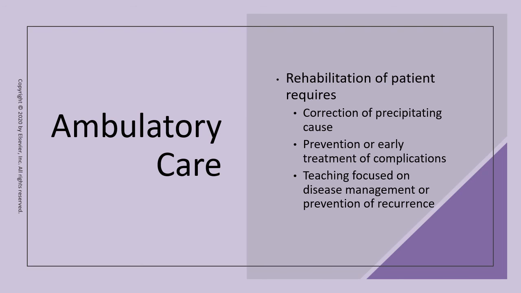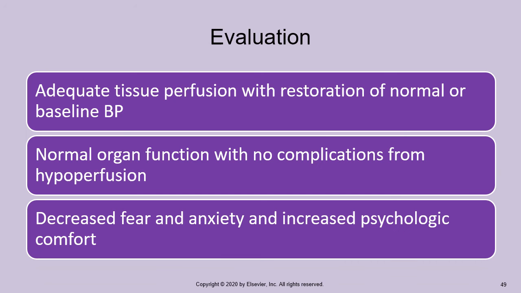These may include decreased range of motion, muscle weakness, decreased physical endurance, acute kidney injury, and fibrotic lung disease. Patient discharge options include admission to transitional care units, rehabilitation centers, or home health care agencies. Start planning for a safe transition from hospital to home as soon as the patient is admitted to the hospital. Lastly, in evaluation, we want to be sure we have adequate tissue perfusion with restoration